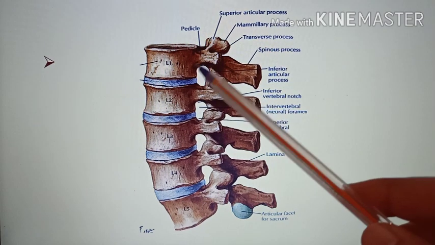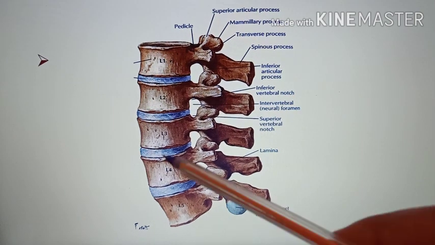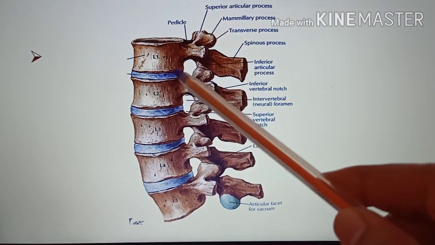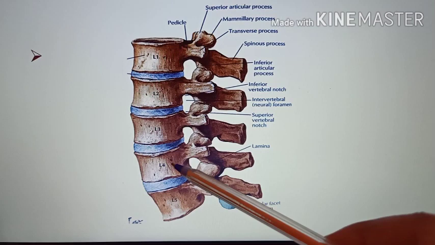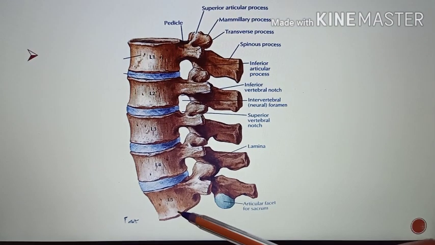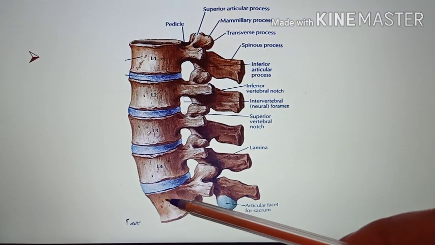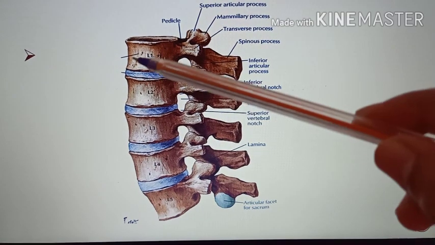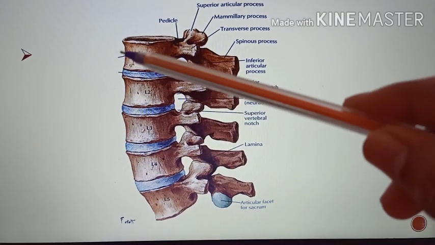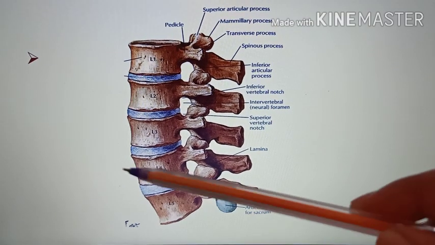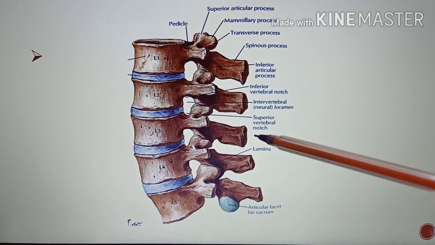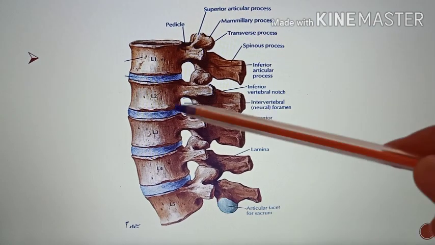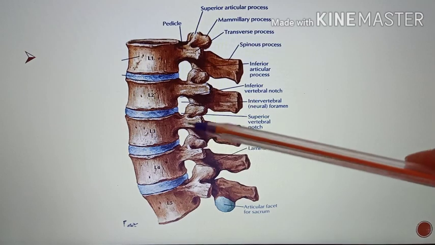This slide is showing the enlarged view of only the lumbar vertebrae. So you can see L1, L2, L3, L4, L5. 5 lumbar vertebrae, how they are arranged, and you can see the convexity which they produce anteriorly. So this is the anterior aspect, this is the posterior aspect. And this view shows how it appears from the side.